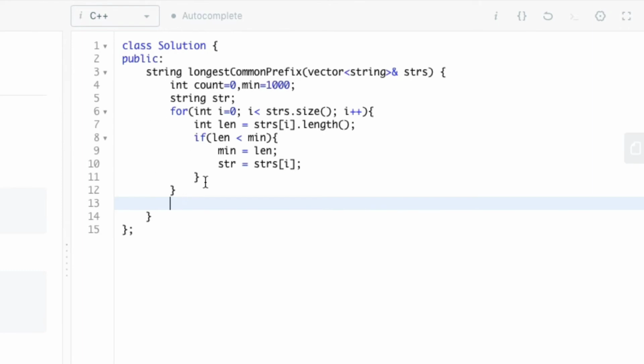So after finishing the loop, we get the length of the minimum string stored in min and the minimum string stored in str.